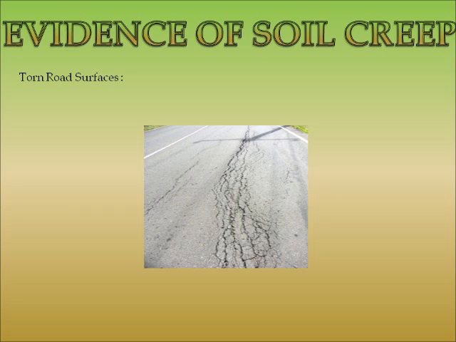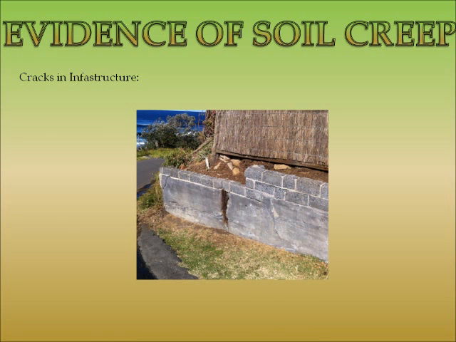Torn road surfaces. Soil creep will cause roads to be disrupted due to slow underground soil movement down the slope. It causes the hard road surface to be disrupted as they are not flexible, and as the soil moves downwards, this road surface will crack under pressure and also begin to move downwards slowly. Cracks in infrastructure. Soil creep has detrimental effects on the infrastructure built on top. Walls and buildings are rigid structures not built to move, so when the soil beneath them begins to move downward, the effects are seen as extensive cracking and displacement.